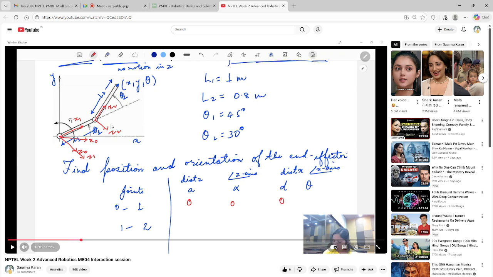So this is a revolute joint and this is a revolute joint, but we have to have a fixed base, right? Now how will you take the fixed base? The fixed base has to have the z-axis coming out, the z-axis as the axis of the revolute joint. So z0 points out of the plane. How should x0 be defined? It can be arbitrary because it is just placed in the world frame.